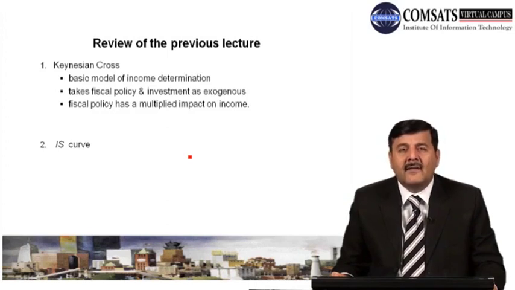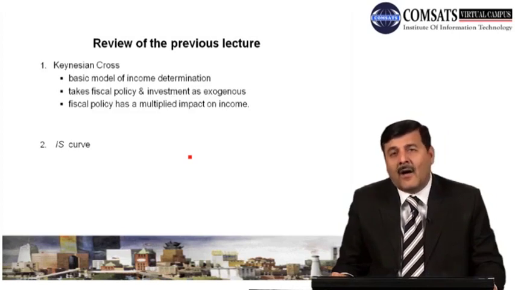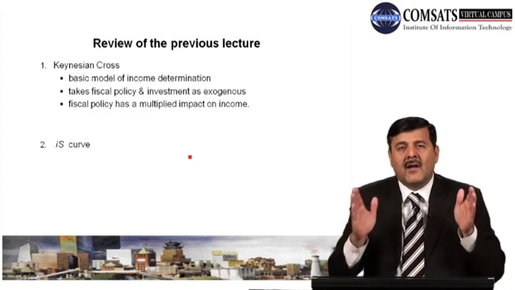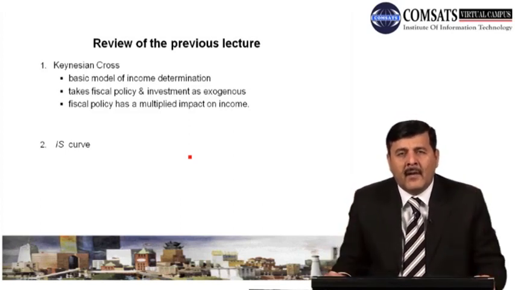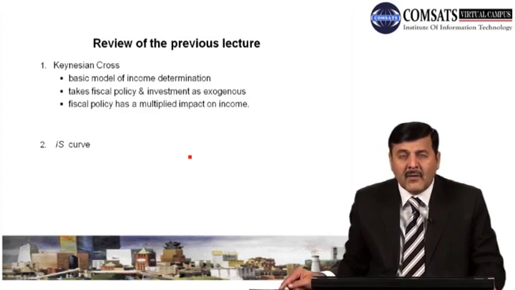By using this Keynesian cross, we derived last time the IS curve, which is the investment saving curve. This shows the combinations of R and Y, where R is the interest rate and Y is the income. So it shows the combinations of R and Y that bring equilibrium in the goods market, right? We derived that curve with the help of the Keynesian cross,